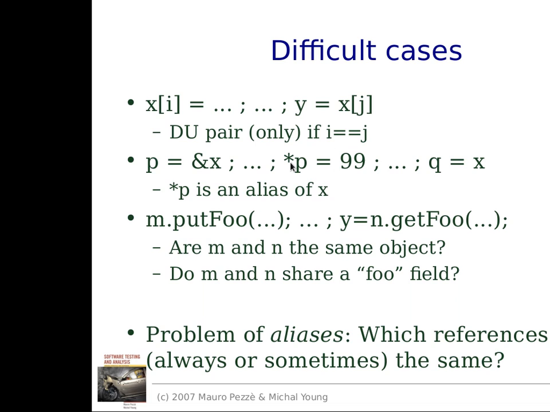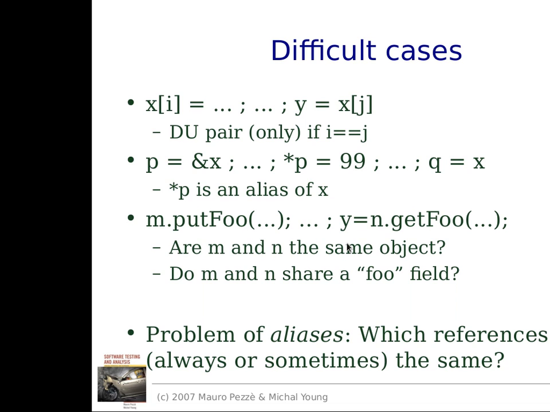Fortunately, if you're doing pointer arithmetic, this can become extremely difficult to do analysis on, because if you take a pointer at some address and you move your pointer around a bunch, and then that's where you change the value here, which happened to be what x was, it can become very difficult to see that inside of a compiler. And then even simple objects,